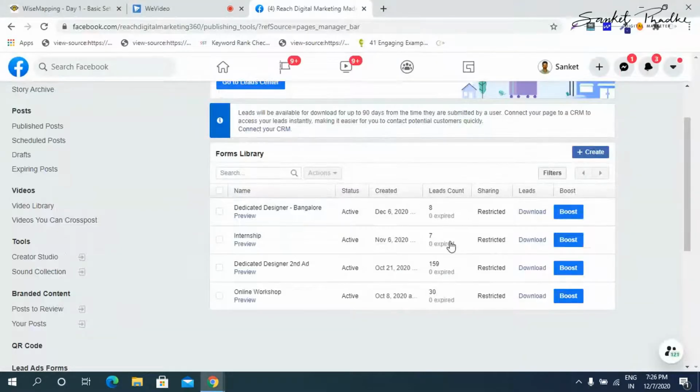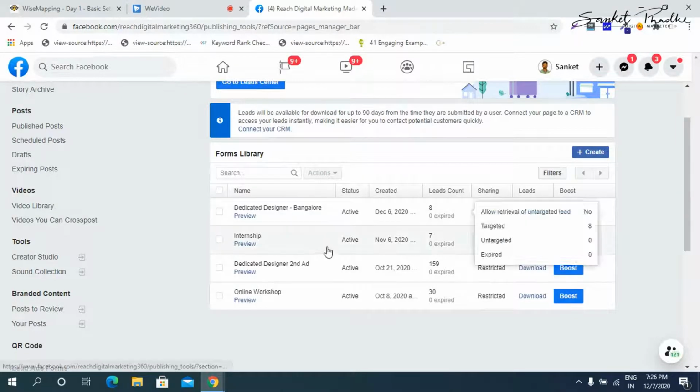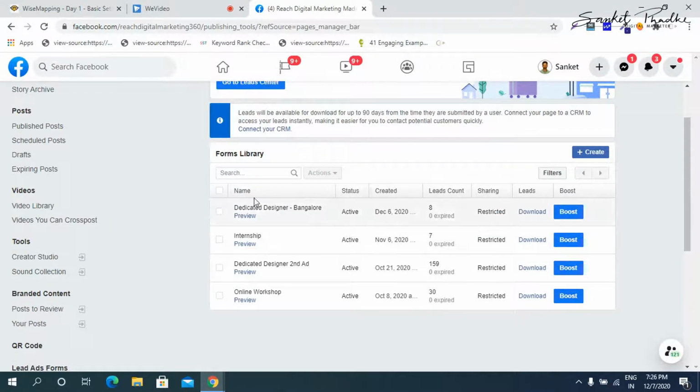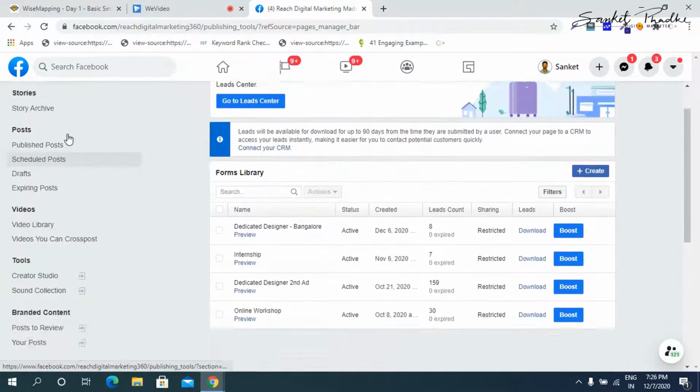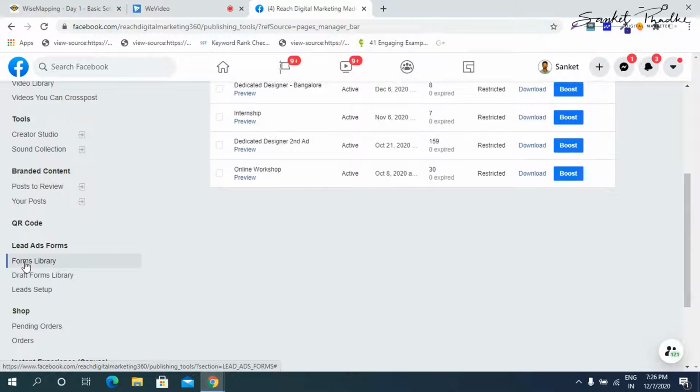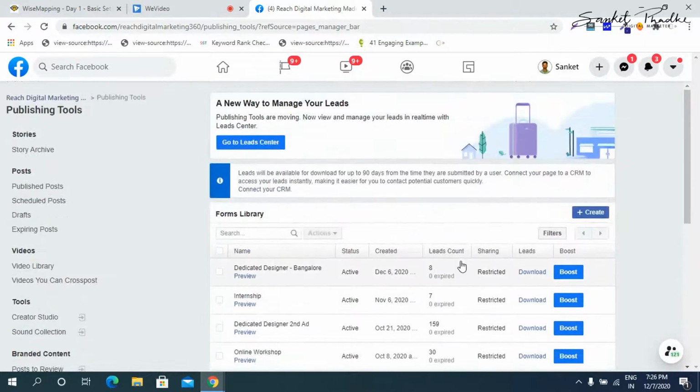Now decide on a time every day. Suppose you have started the lead campaign yesterday. Every day in the morning, simply go to the publishing tools, then go to the lead ad forms under forms library, download the new leads and copy paste them in your sheet.